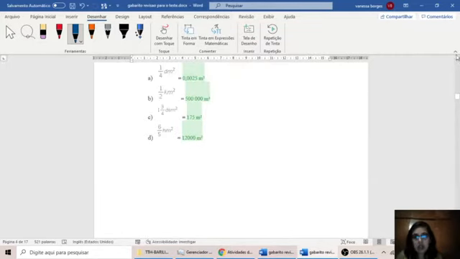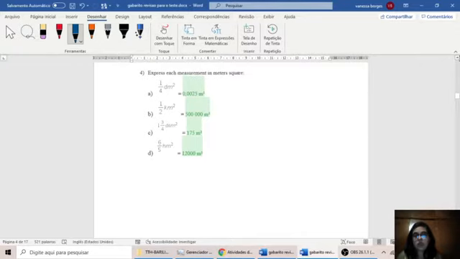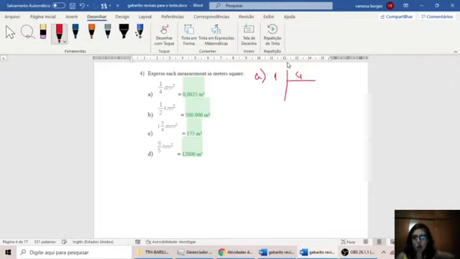This activity is the same way, but it has the difficulty that we must first of all change these numbers to a decimal number. So how do I do this division? 1 is smaller than 4, so I will have a unit smaller than 1, so I put 0 here and 0 here. 10 divided by 4 is 2. 2 times 4 is 8. It lasts 2. I want to continue my calculation, so I put a 0 here. 20 divided by 4 is 5. 5 times 4 is 20. For 20 it lasts nothing. So I have 0.25